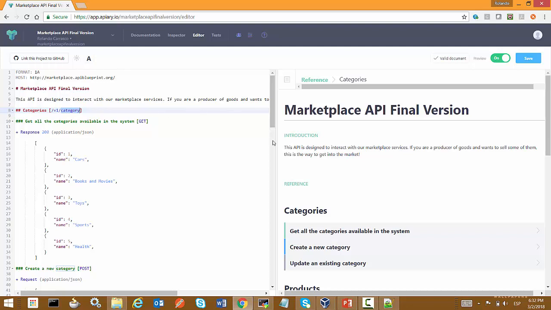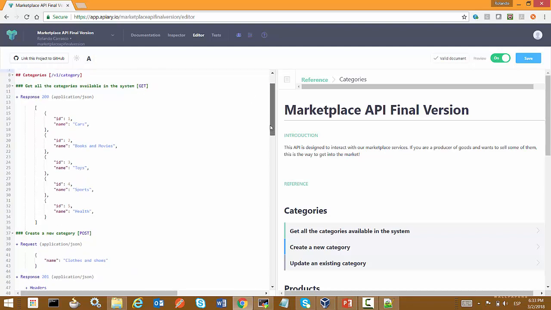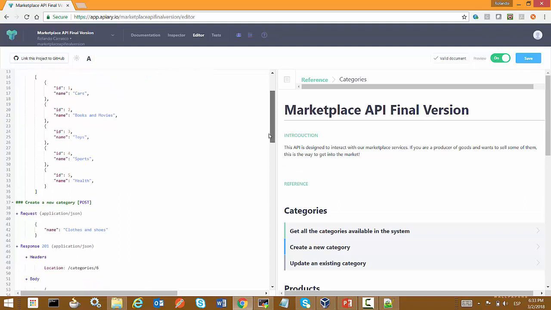Let's look. Yes, what Rolando is... Definitely, this looks better. You are already versioning your resources. This is a way to do it. We are not saying that this is the only way of versioning, but this is a way. You are using versioning at the resource level, or at the URI level, so that's good. Your definition of your API seems to be better. So yes, we can search through the internet, and if this is already tagged, we can find something about it, and that's good.